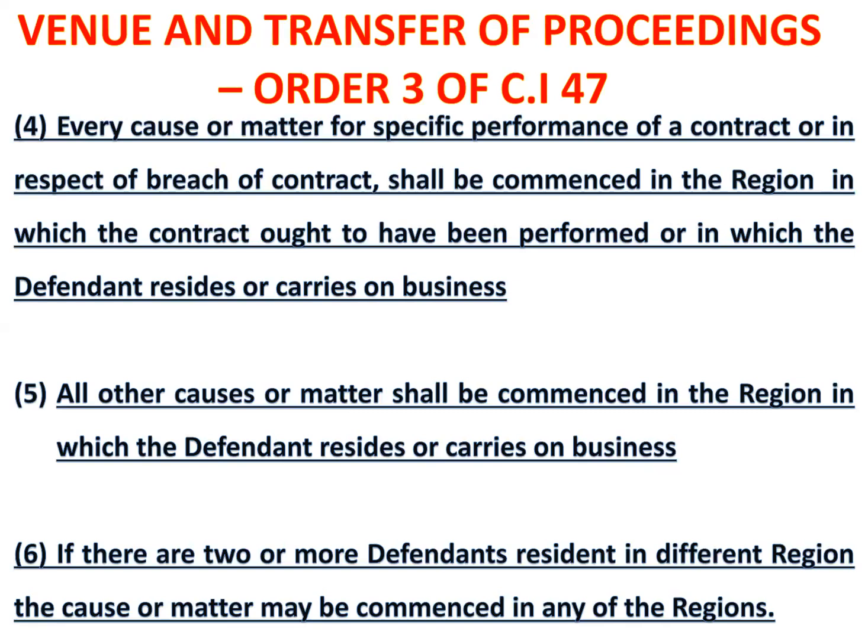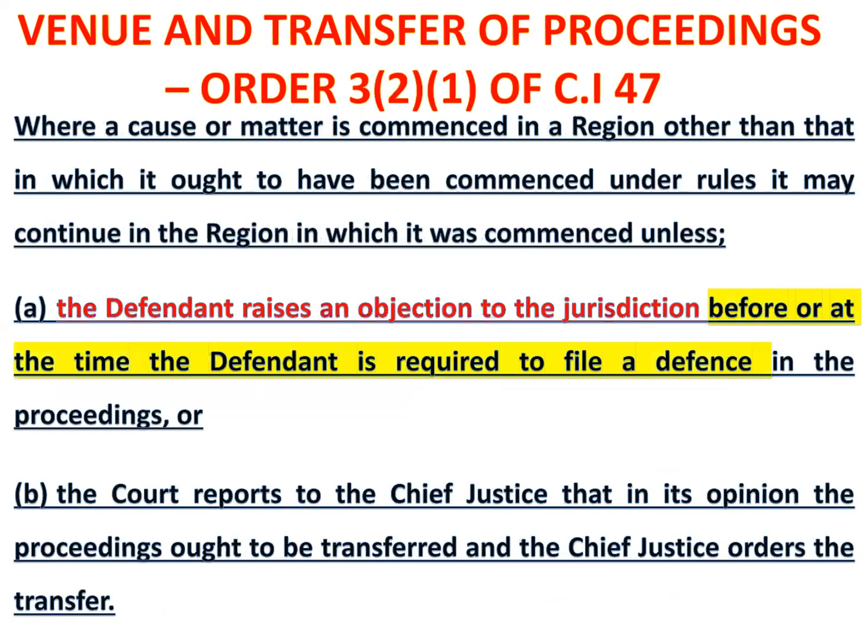Now, what if the action is commenced in the wrong venue? For example, when the action ought to have been commenced in Accra, but is rather commenced in the Central Region. What transpires? What shall be the outcome? Order 3, Rule 2, Sub 1 has the answer, and this is what it says. Before I read it, please pay particular attention to the portions that have been highlighted. Order 3, Rule 2, Sub 1 of CI 47 reads as follows, and I quote: